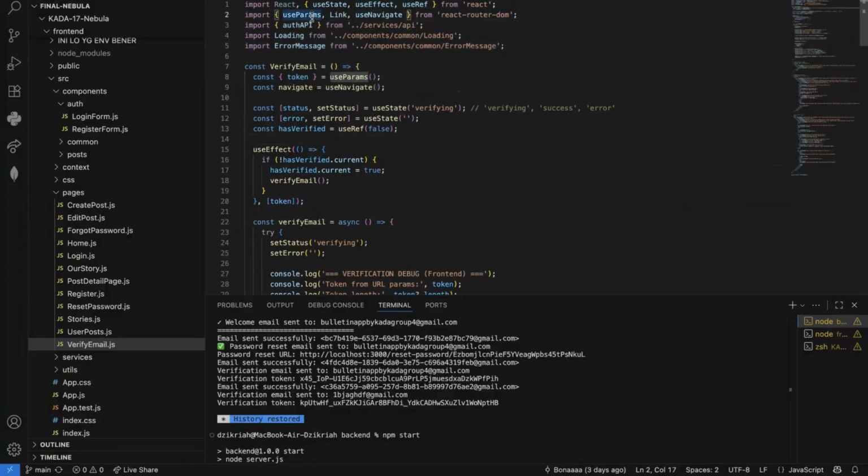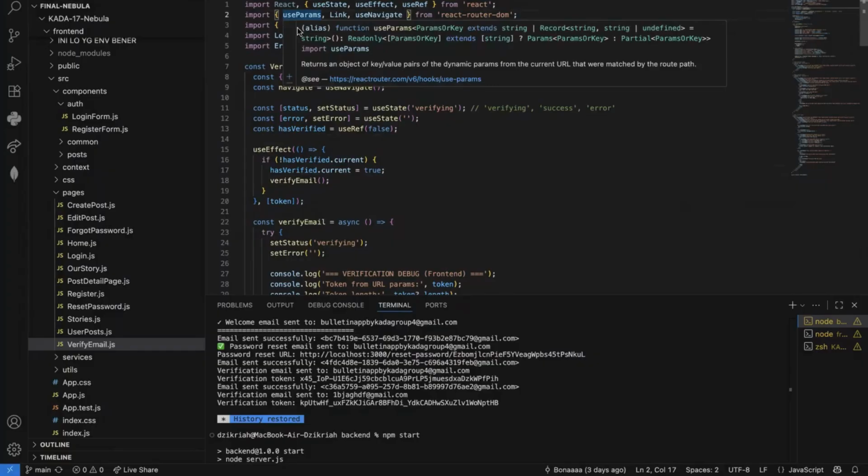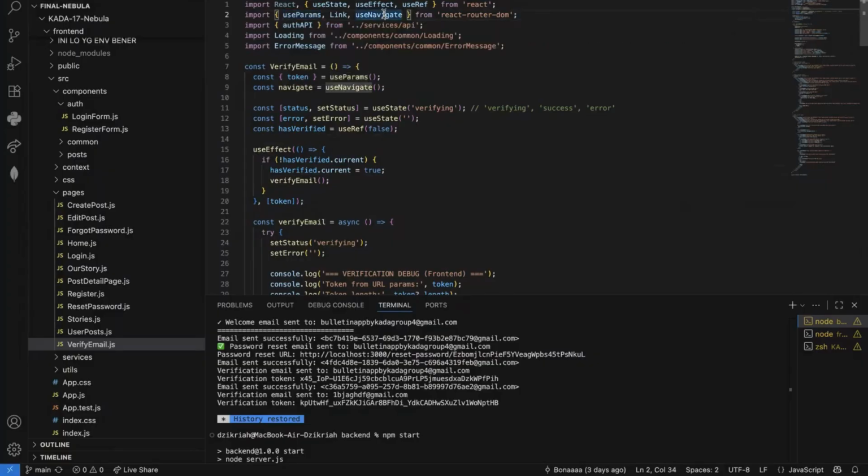And the useParams here is to extract the token from the URL, and useNavigate allows redirecting the user after they successfully verify the email.